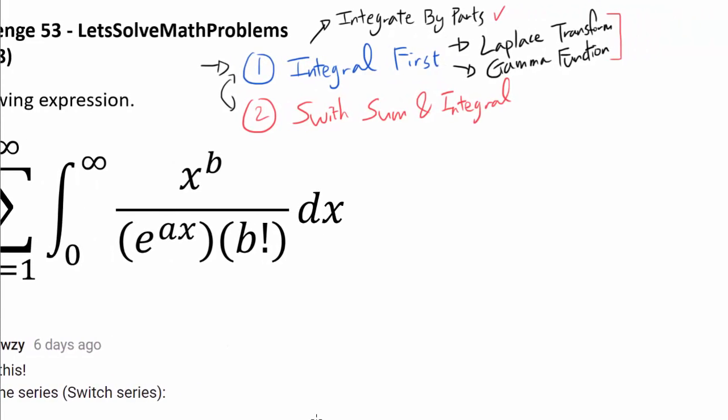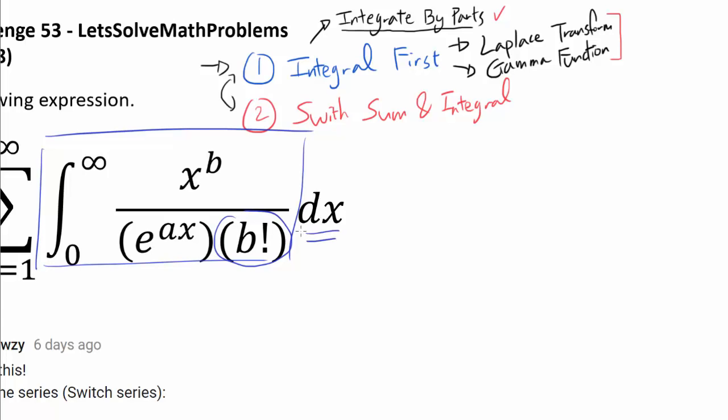So let's get started with the method where we integrate first, and I'm going to start by showing you the method using integration by parts. So let's focus our attention on this integral and realize that b factorial is independent of x, so you can bring that outside. So really, the integral that we care about is the integral from 0 to infinity of x to the b power over e to the ax, or x to the b power times e to the negative ax